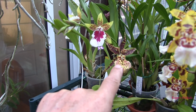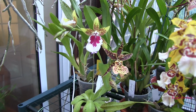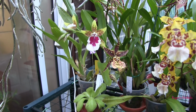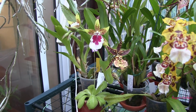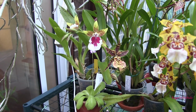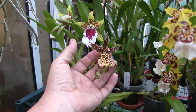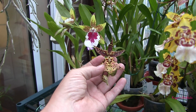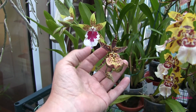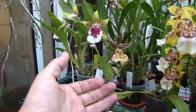This one hasn't been in bloom for so long, I haven't got a clue whether it's fragrant, but being an Alisara, probably not. The Miltoniopsis was Junette, that was in bloom, although the blooms were fading at the time. This one hasn't bloomed for a very long time, probably 3, maybe even 4 years since I've seen these blooms. But I think that was worth rescuing and worth the wait. It's a gorgeous one. That's Alisara,